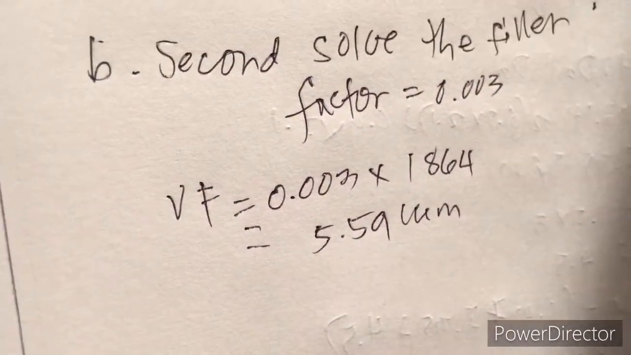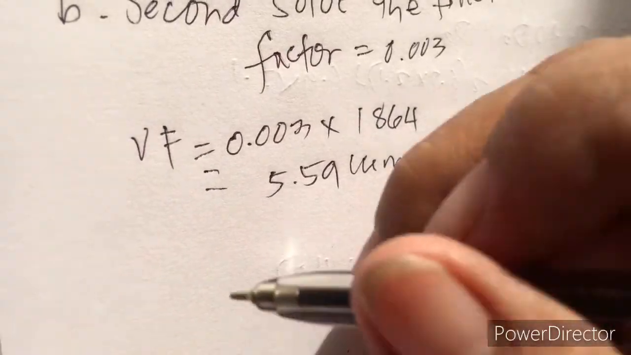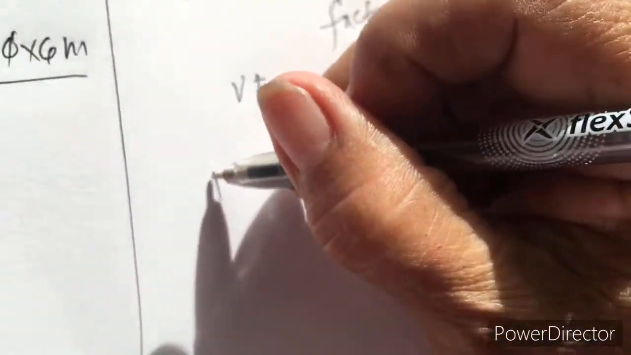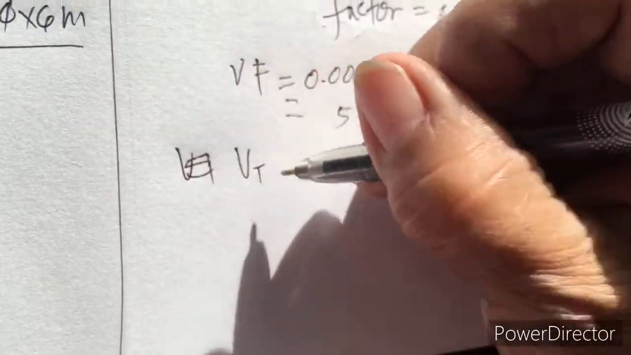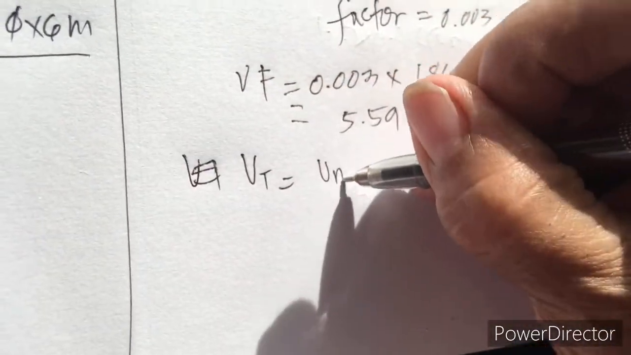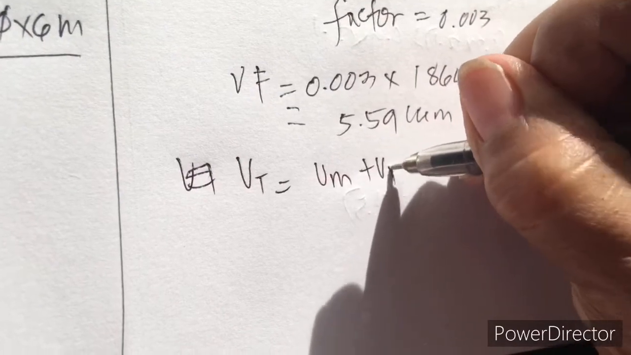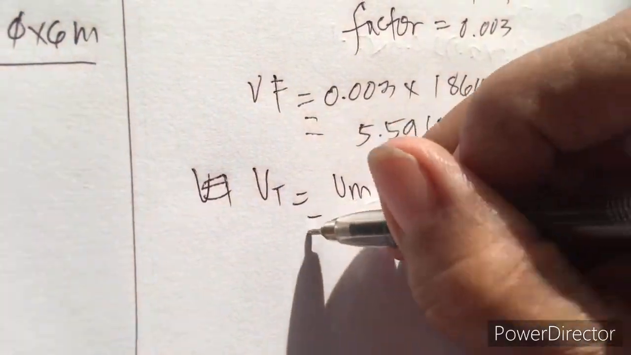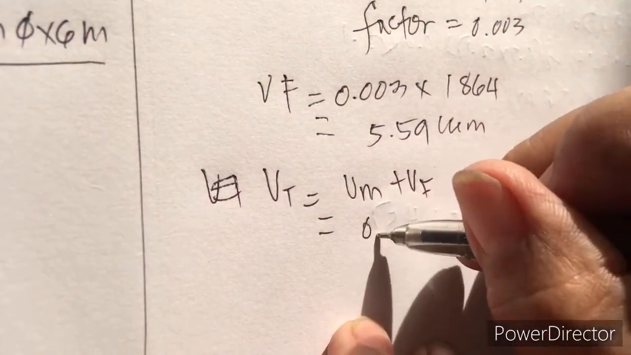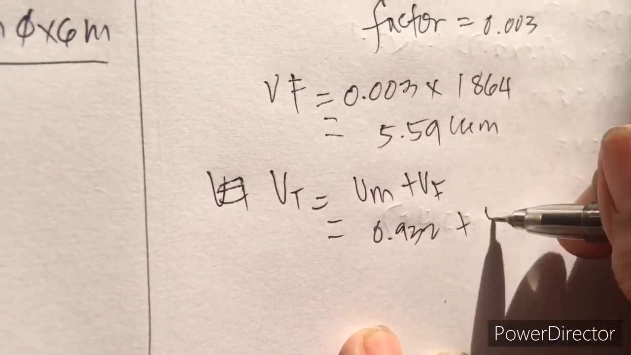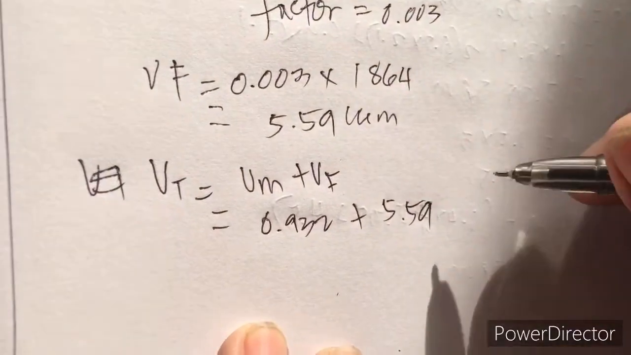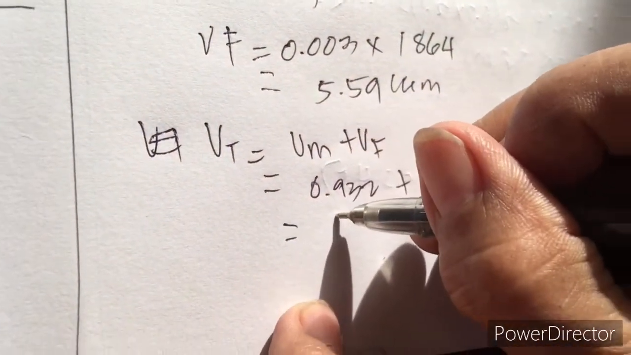Get the total volume of mortar and filler. Volume of mortar plus volume of filler equals 0.932 plus 5.59 equals